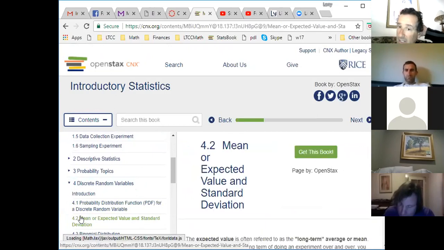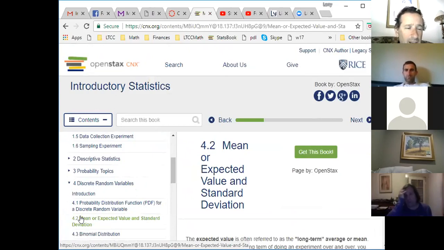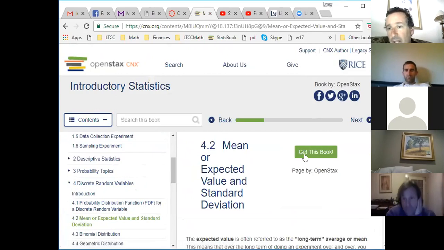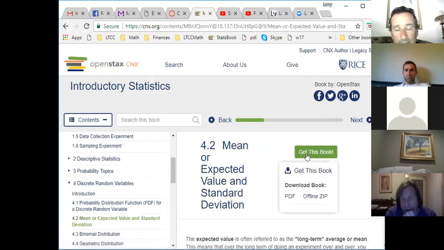It's available. It's online. If you're one of the very few students, and with online students I don't get a lot, that need a paper copy, you can do a Get This Book. Also, if you're one of the students that is going to be offline but with your smartphone or computer a lot, then you can get a PDF version and pop it on your smartphone and computer. But if you try to print it, it's like 700 pages long. So just a warning, it's a lot of pages to print.